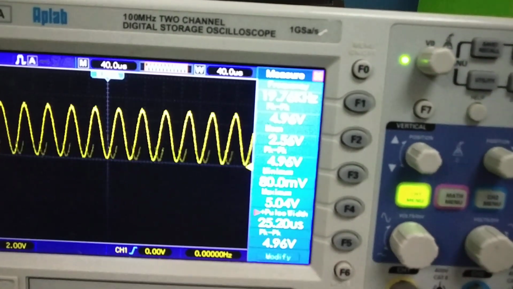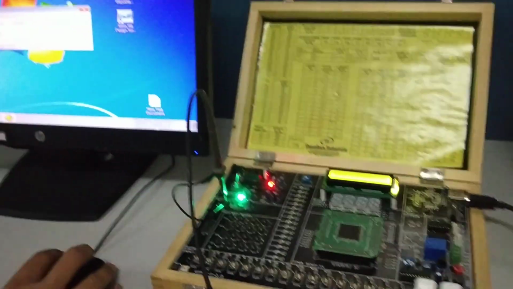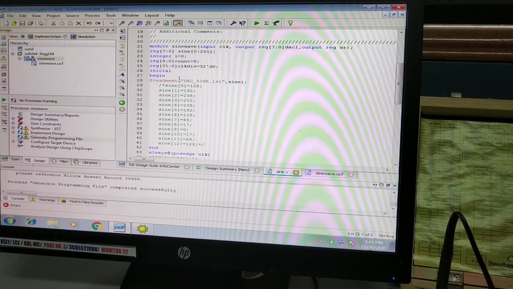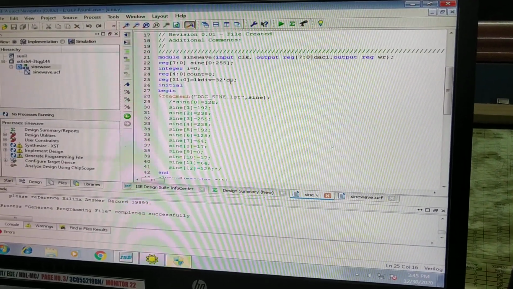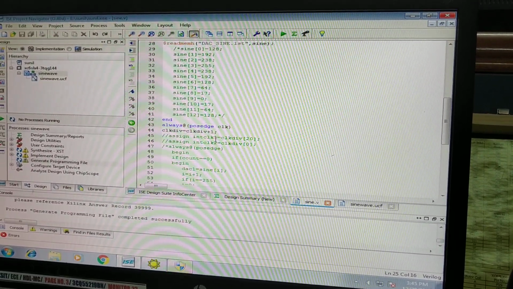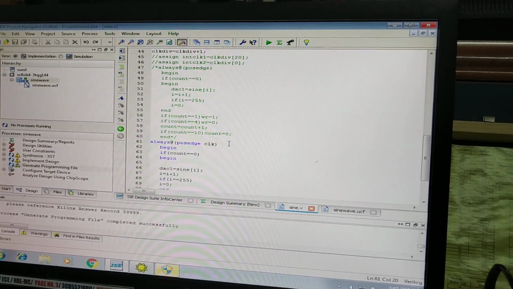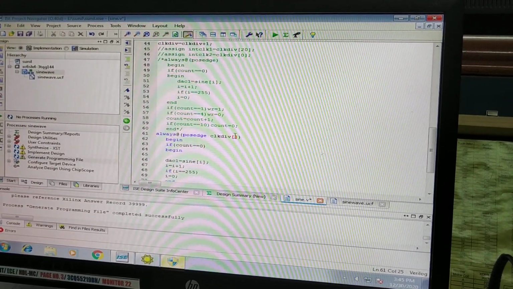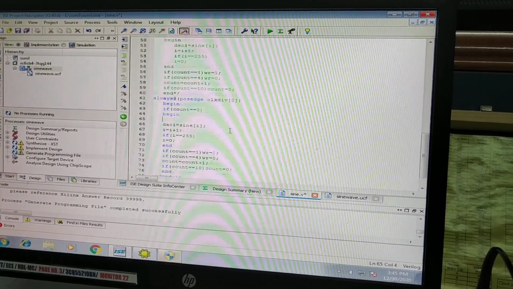Now in the same program, I'll make certain changes to reduce the frequency to half, because that is also a part of the question they have asked. So here are the changes. I will declare a variable called clock_div, 32 bits wide, and I'll set it to 0. And here, for every positive edge of the clock, clock_div is counted. And here is the only change: you have to make it clock_div as 0. Okay, so this is the only change.